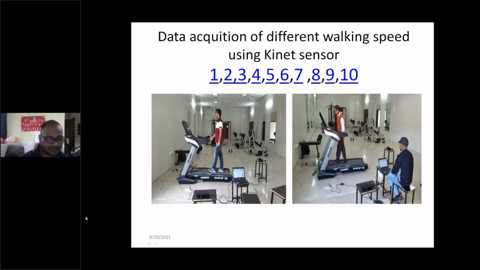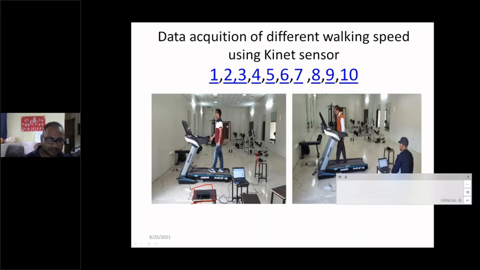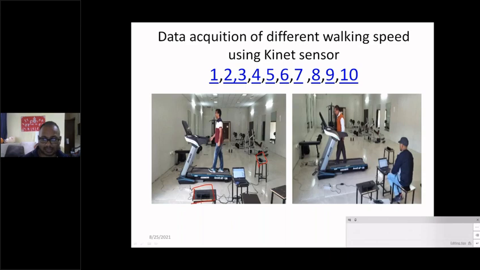So in this case, what is happening in this image is that I'm using a Kinect sensor also. One Kinect sensor is placed here. This is by Microsoft. This is a stereo kind of camera, and the Kinect sensors are placed here. So I'm taking a multi-view Kinect sensor setup,